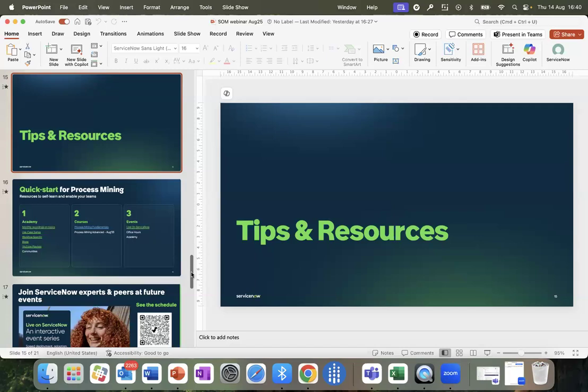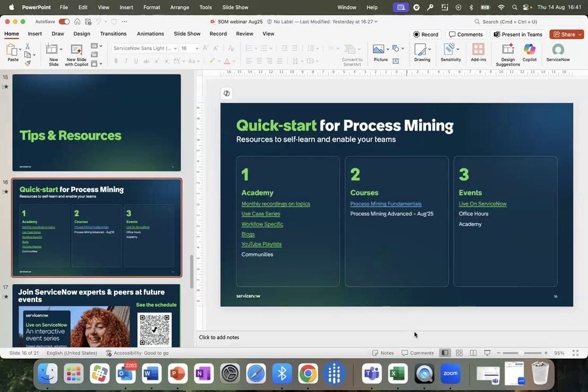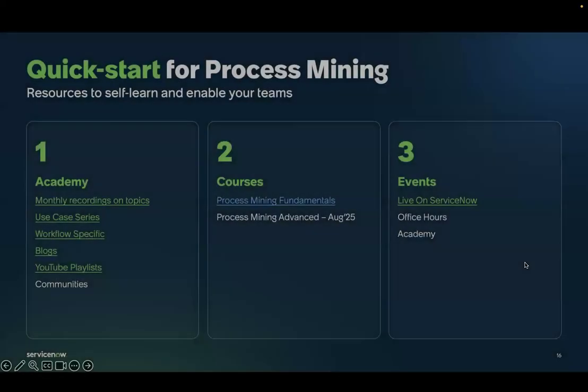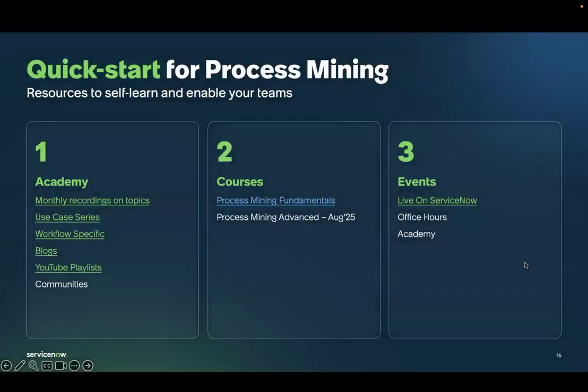What process mining is based on is the audit log level data. What's changing about certain records, whether they be orders or quotes or incidents or cases, as those work items move through the ServiceNow platform. Certain aspects of them change, usually a state or an assignment group. As long as we're capturing all that data in the platform, that's the data we're using to generate the maps. So pretty much you can apply process mining to any process out there.